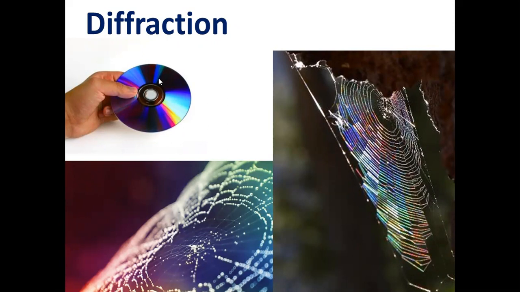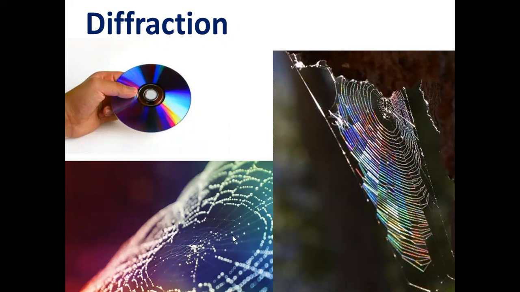So the CD appears colored, that is because of diffraction. This is the part of the CD where we record the data and access it using light signals. We put the data in the magnetic form here. This contains ups and downs. When the sunlight falls on this track, the tracks are so small, the ups and downs are so small, that they can bend the light in different directions. So bending is not the same for all the colors, so that light appears colored. So this is not dispersion, it is diffraction.